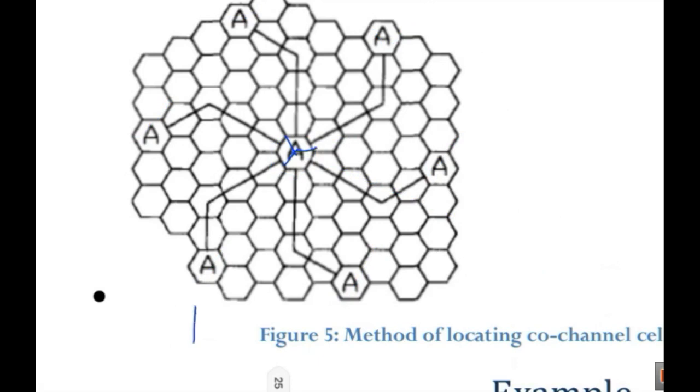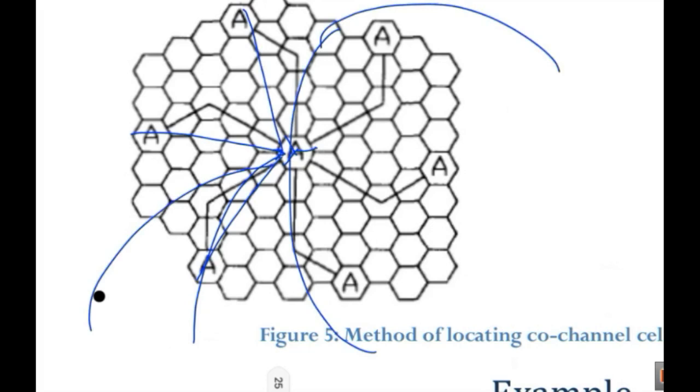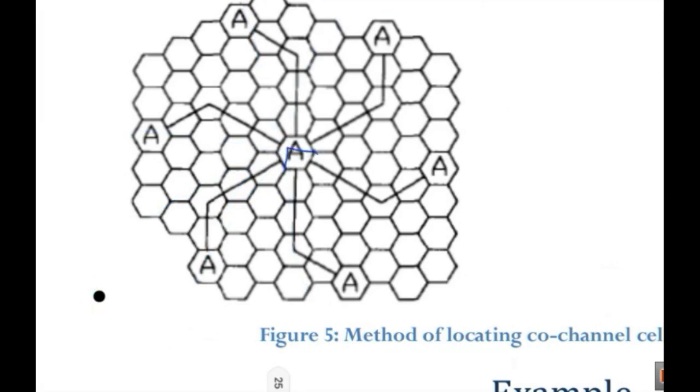So this portion, that left portion, will be interfering with which cochannel cells? The first one, the second one, and the third one. These others are never going to interfere with that portion of that cell. Then if you look at this other portion, the down portion is only going to be interfering with this portion and that portion, and therefore we have reduced the number of cochannel interfering cells from 6.